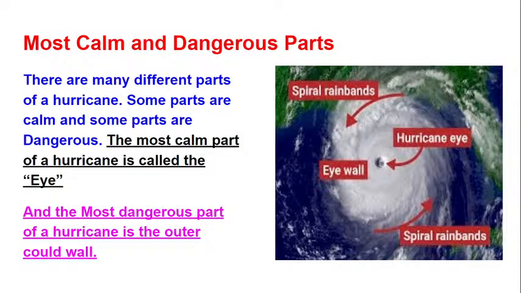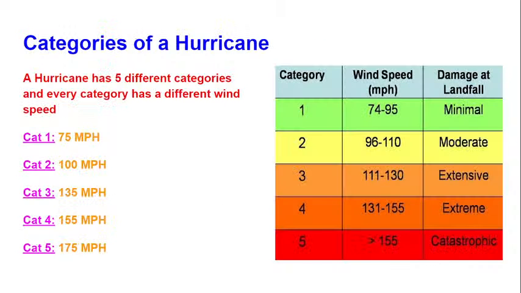As I just said, a Category 1 hurricane starts at 75 miles an hour and goes all the way to about 99 miles an hour, and the damage with that is basically minimal. Then Category 2 starts at about 100 miles an hour and goes up to about 110, 120 miles an hour, and the damage can be a little bit more moderate. Then Category 3, halfway down the list, you're now looking at winds around 135 miles an hour, and the damage probably can be pretty